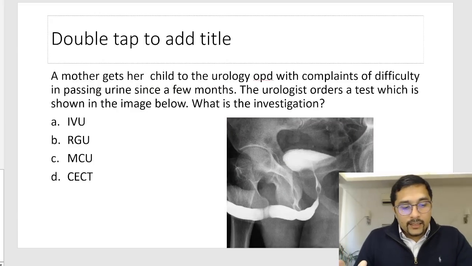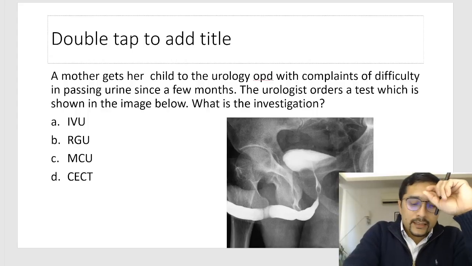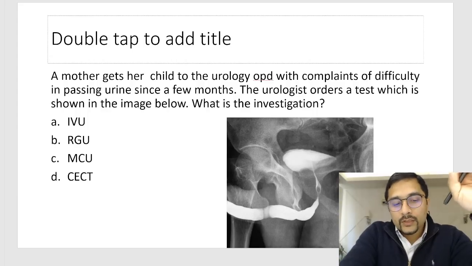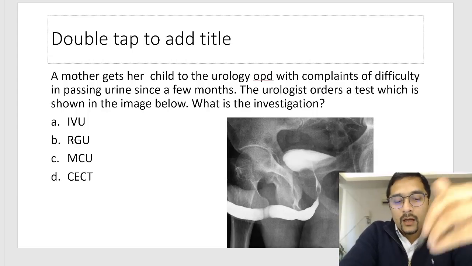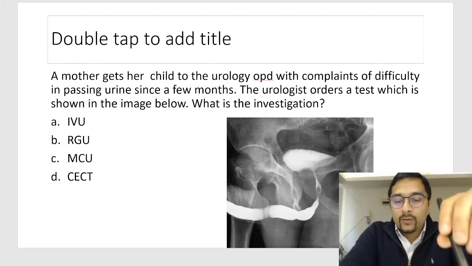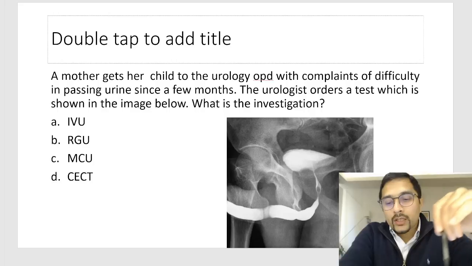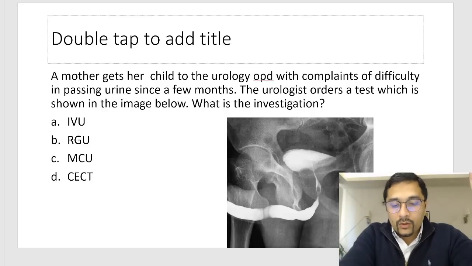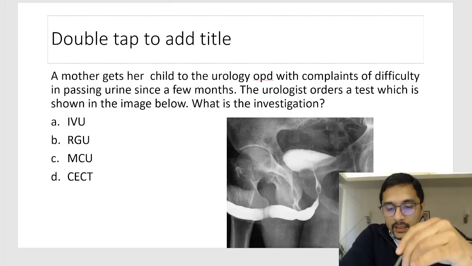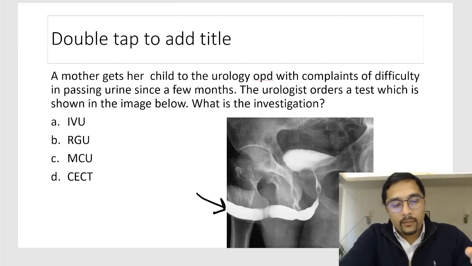In the last 3 years, 2 questions have been asked regarding these RGU and MCU. So this is a simple question: urethral trauma. Mother brings a child to the urology OPD complaining of difficulty in passing urine since a few months. The urologist orders a test which shows the image below. What is the investigation? Okay, so you can see here that dye has been injected from outside